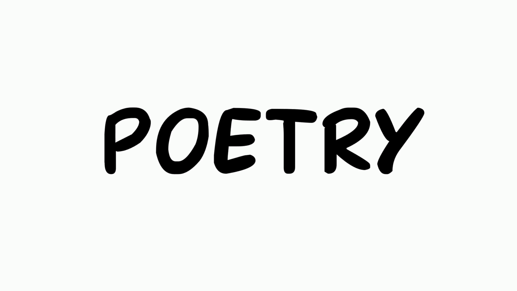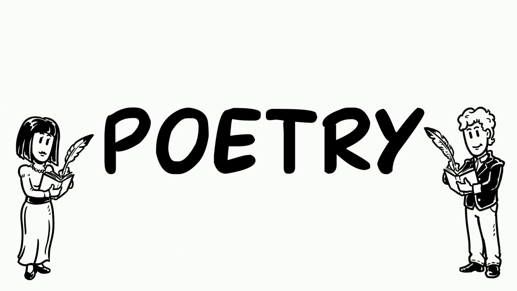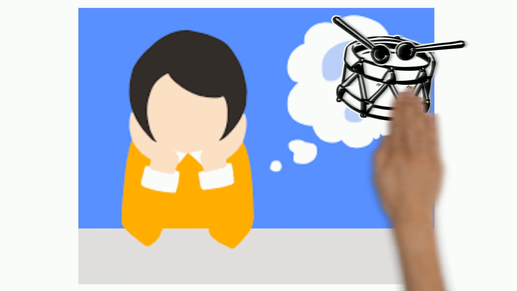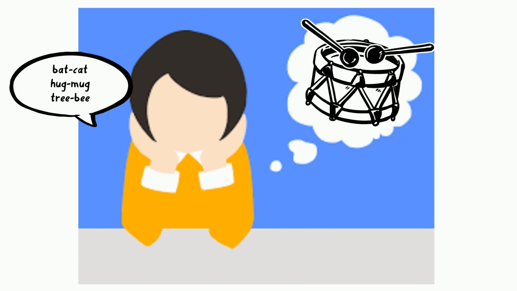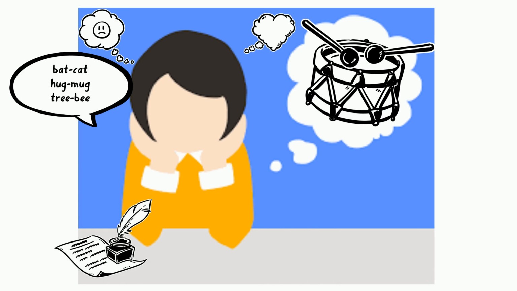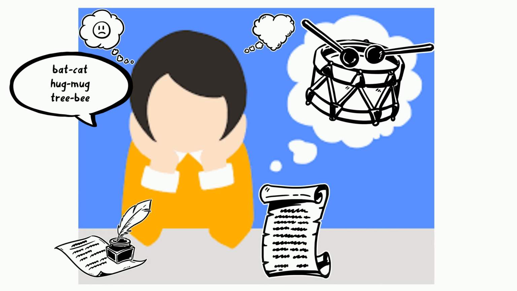What is poetry? Poetry is a piece of writing written by an author called a poet. But what is the purpose of poetry? A poem is written using rhythm, rhyme, and other artistic language to show feelings and emotions. It's often short, but some poets write long poems too.